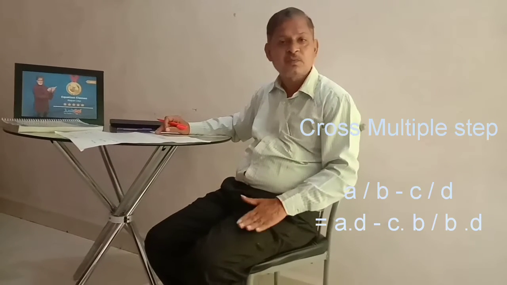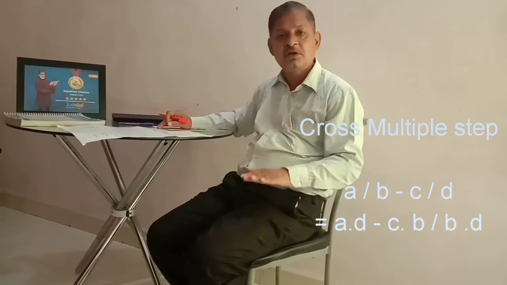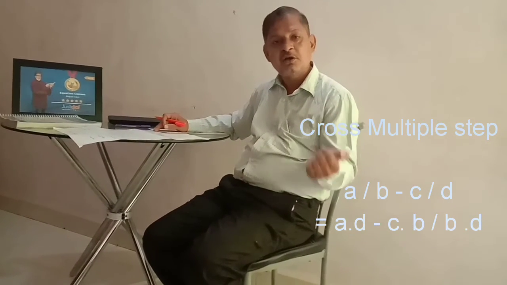Now in the case where the denominators are not common, the first basic step for addition and subtraction is that you have to cross multiply. That means the denominator of the other is multiplied to the numerator of the first, and the denominator of the first fraction is multiplied to the denominator of the second. That is the law for fractions where the denominators are not the same.